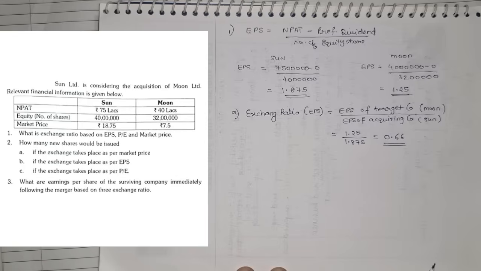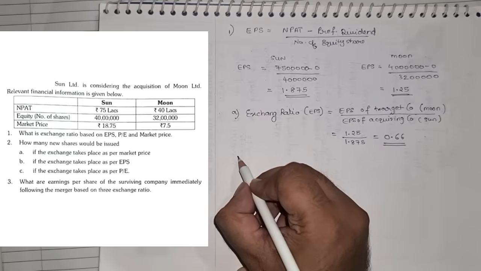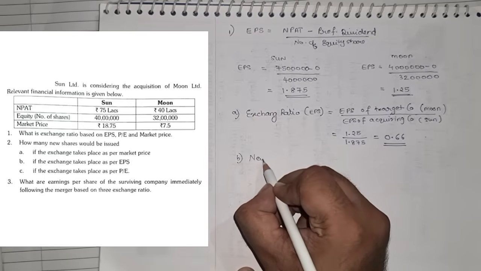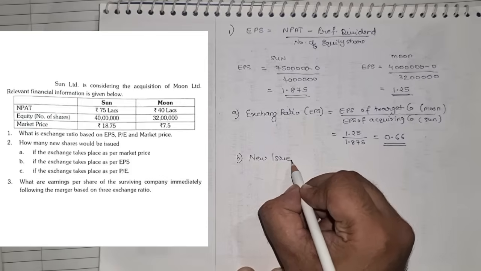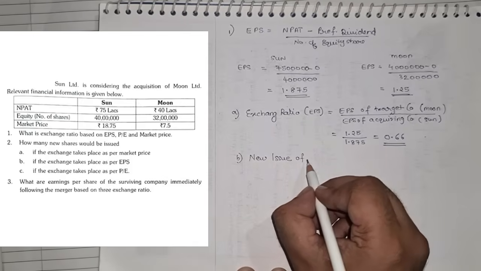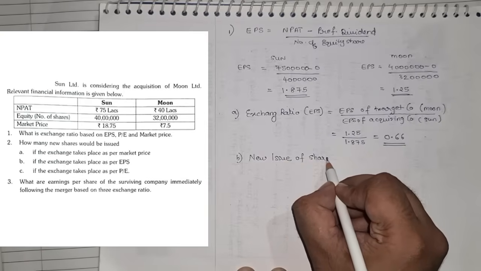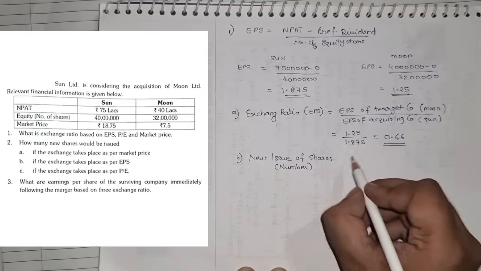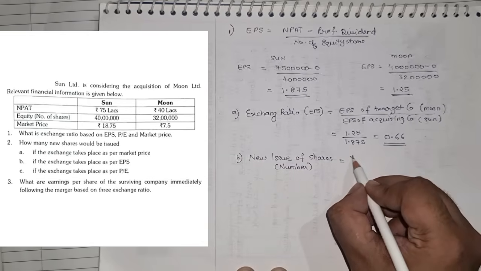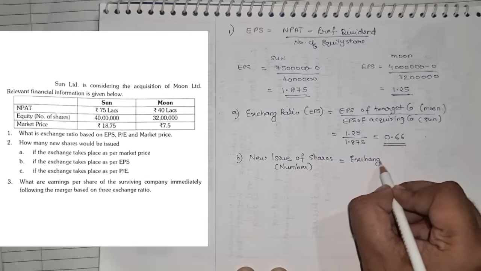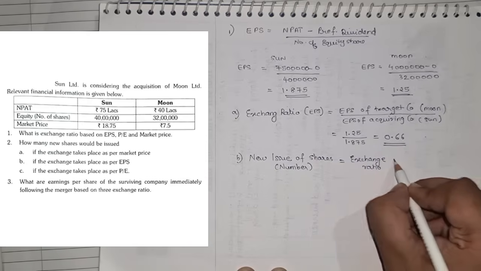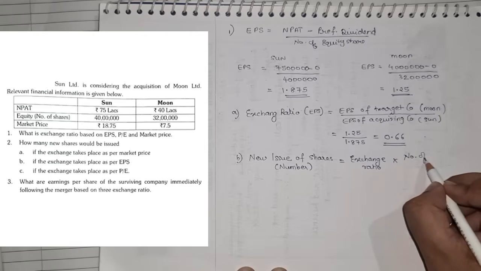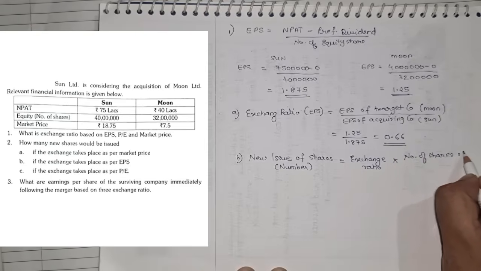That's the exchange ratio. Okay, now once we have found the exchange ratio, they ask us how many new shares would be issued. So B part, new issue of shares, okay, that is in number. The new number of shares that are going to be issued will be very simple. The formula is exchange ratio into number of shares of